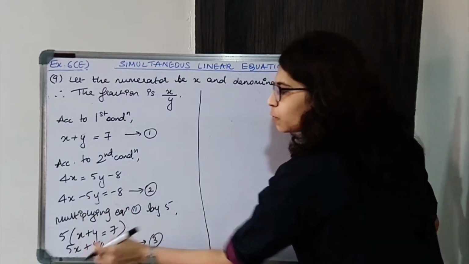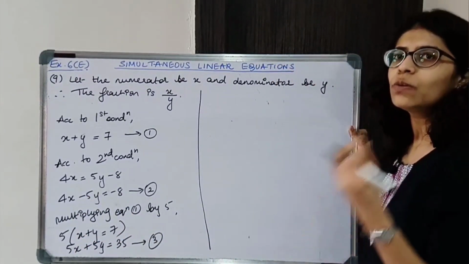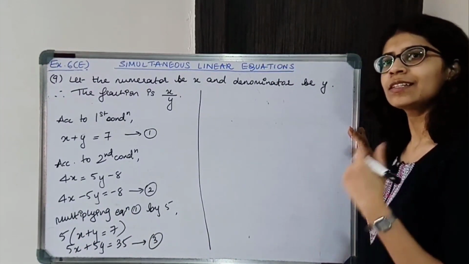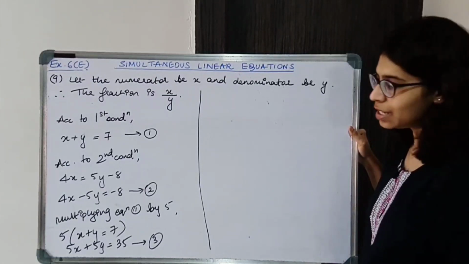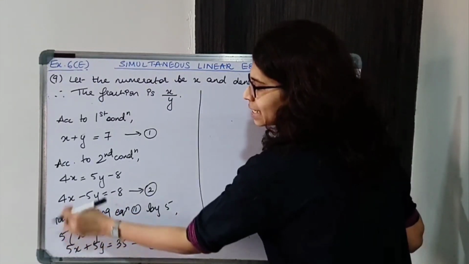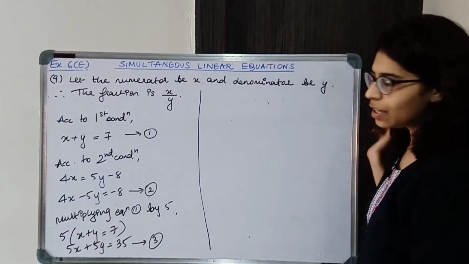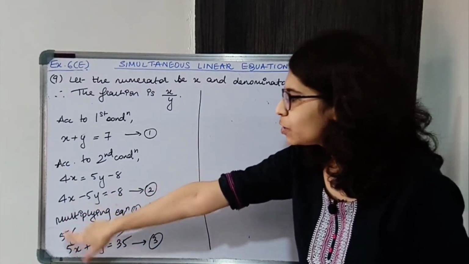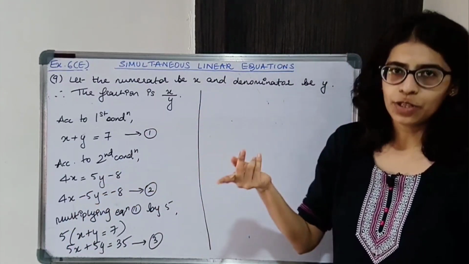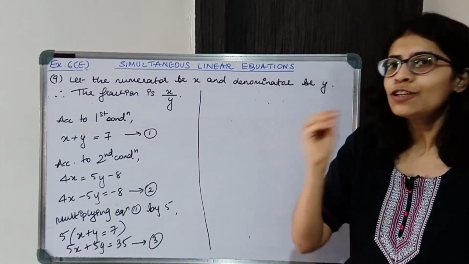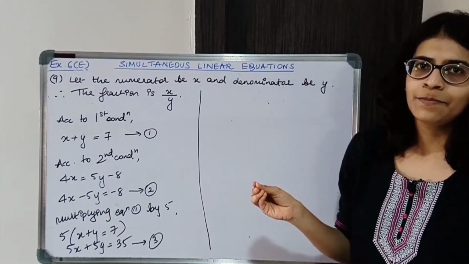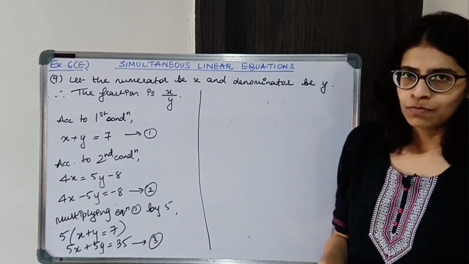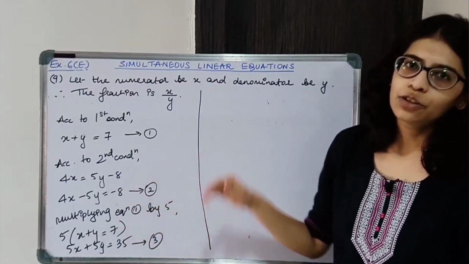But the signs are opposite. So whenever the signs are opposite, you add the two equations. If the signs are same, you subtract the two equations. This is the reason I did not make the coefficient of x same. I could make this 4 by multiplying by 4, but the signs would be same, so I had to subtract the two equations. In subtraction, if you make one mistake in sign, then the answer will come wrong. So this is the reason I am adding the two equations.